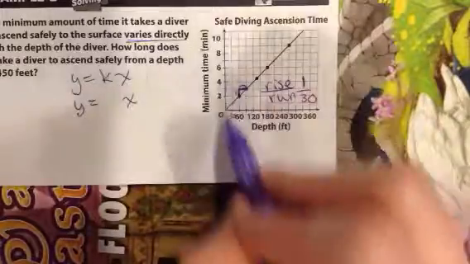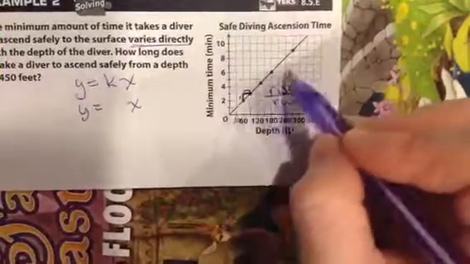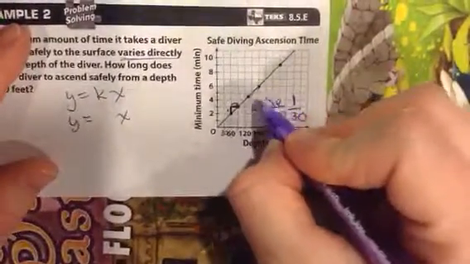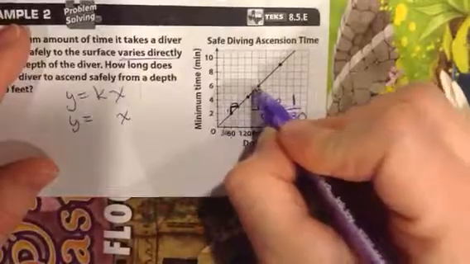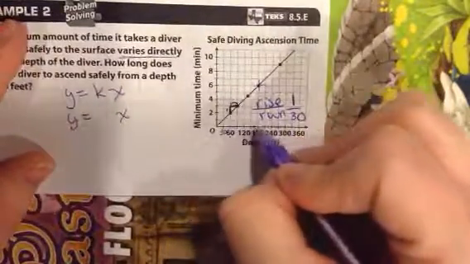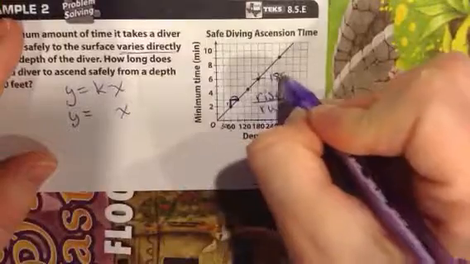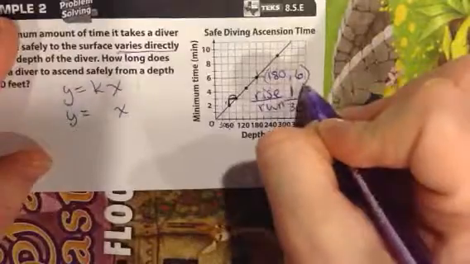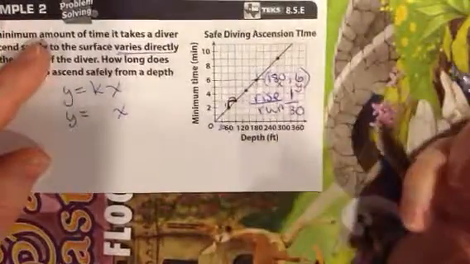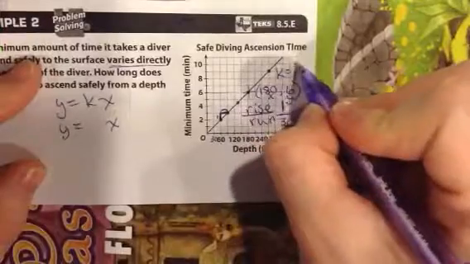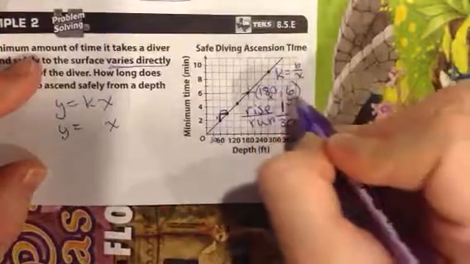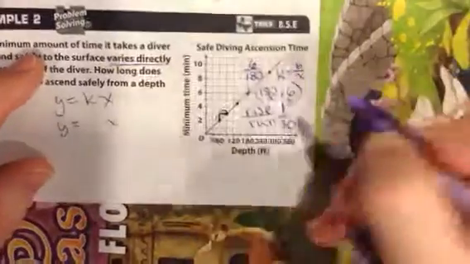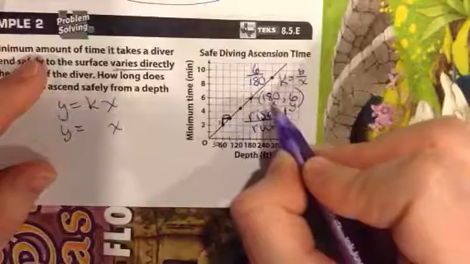If that was confusing for you, since this is proportional, I could just take a point. Like, we'll go with this one because it's on a good intersection right here. And I'm going to name that point. It was labeled at 180. And then I can see that over here, it hits at the number 6. This is an x and a y. To get your constant, you divide the y by the x. So I would be putting the number 6 over 180 because that is my y number divided by my x